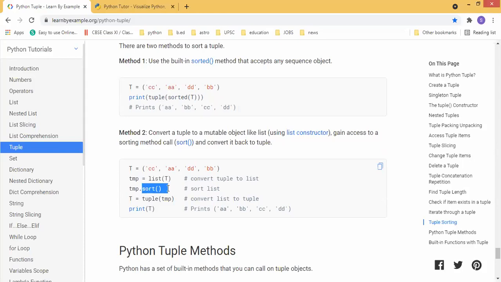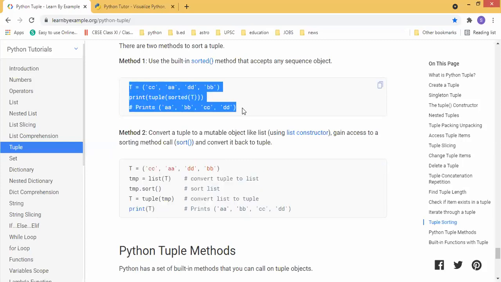This we already saw in the list. Here, first they are converting this tuple into a list, then they are sorting the values. Because in a tuple you cannot sort the items, because of immutability. You cannot change the items present in a particular location to any other location. So first of all, you should convert this tuple into a list, then you can sort. The list items can be sorted because of mutability, we can change items in any location. After doing that sorting, again they are converting that list into a tuple. This is the second method.